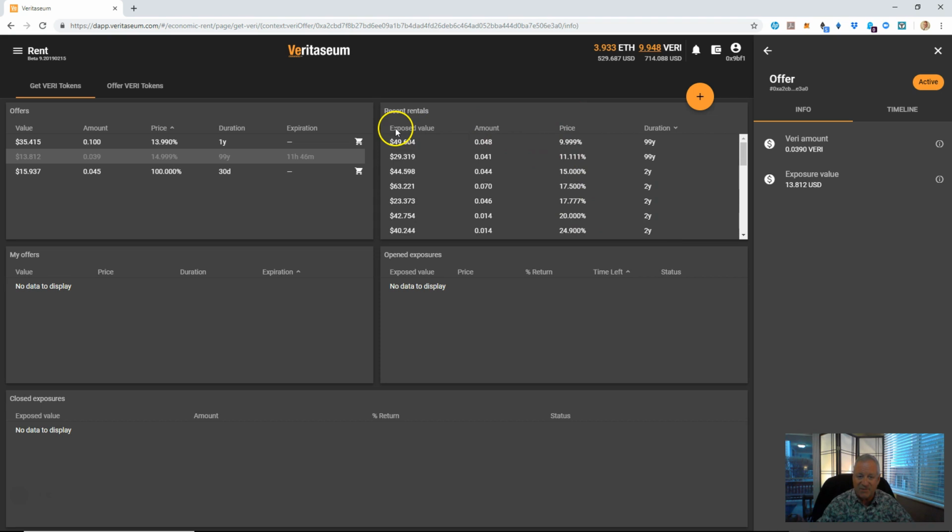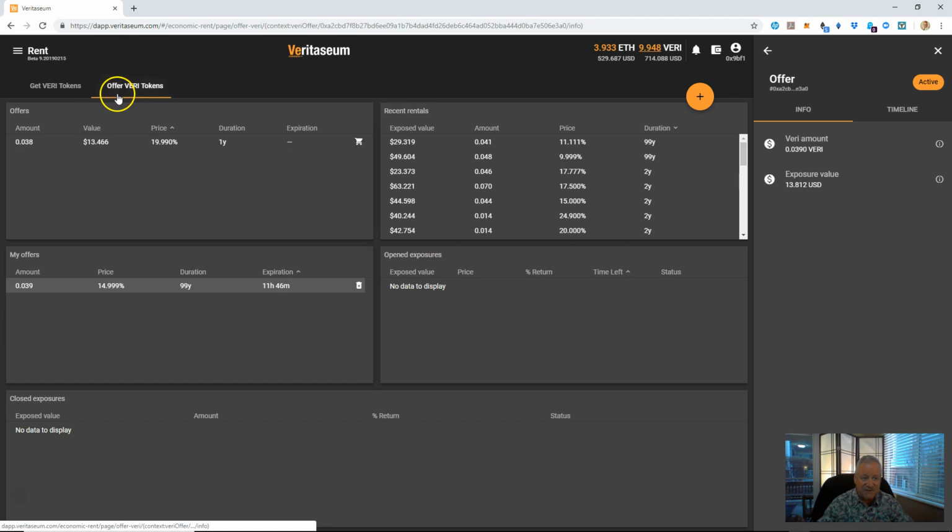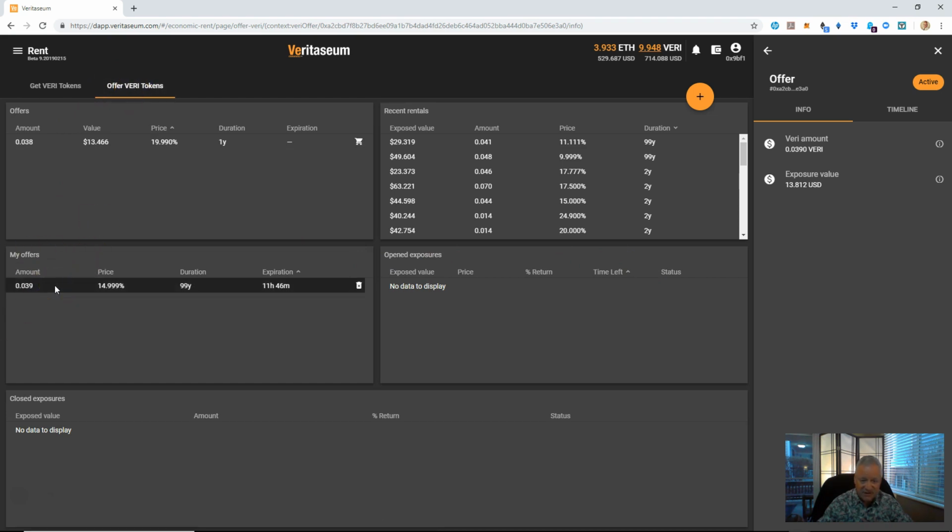Likewise with price and amount and the exposed value as well. Opened exposures are my opened exposures. So in this case, if somebody were to accept my offer of Veri tokens, click that, it would then open that exposure up and shift it from My Offers over into this pane over here, Open Exposures, where then